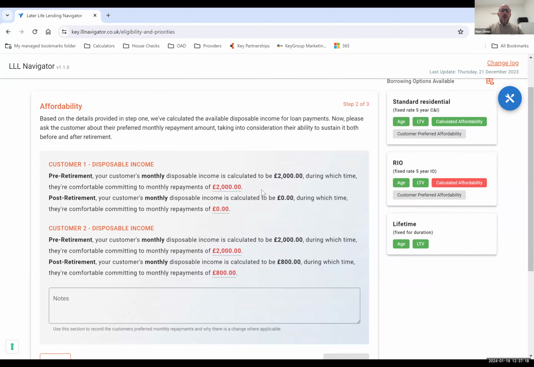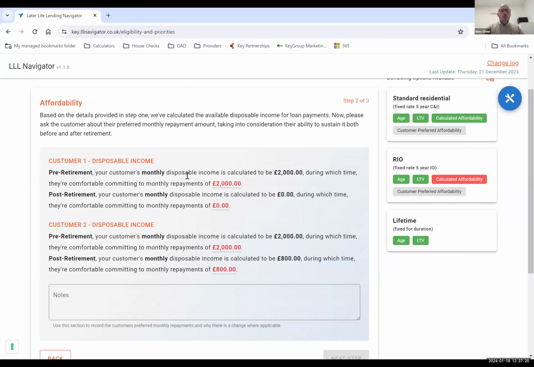what this is also allowing us to do is say, well, based on their current level of income and expenditure, what would they be comfortable making repayments of? What is the amount they would be comfortable making as a monthly repayment? So I will leave this for now as the default amount that has come up. Okay. So this is ultimately looking at their committed expenditure at present and also their post-retirement income as well as current